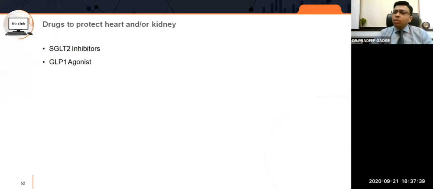So basically, what we have learned till now is that SGLT2 inhibitors have renoprotective and cardioprotective effect. Also, besides this, you must have heard in various conferences that GLP-1 agonists have beneficial effect on the heart and the kidneys. Now let's discuss how they are slightly different from SGLT2 inhibitors, slightly, in fact, significantly different.